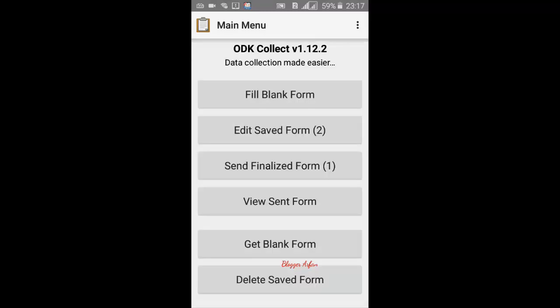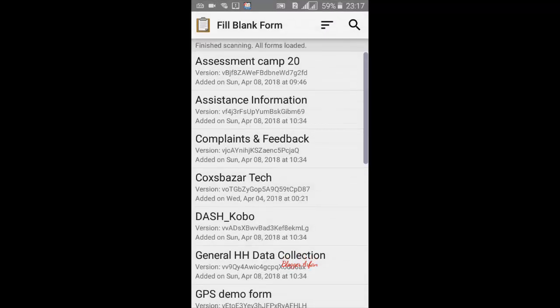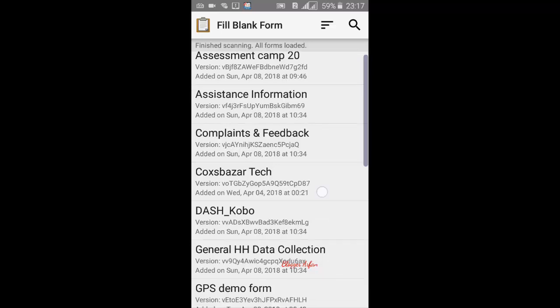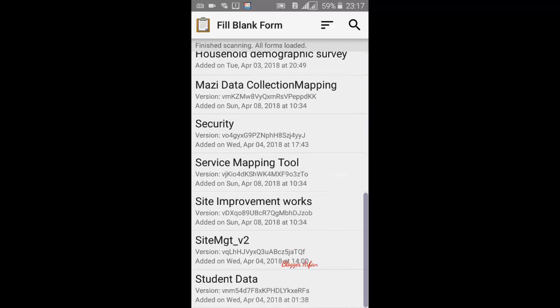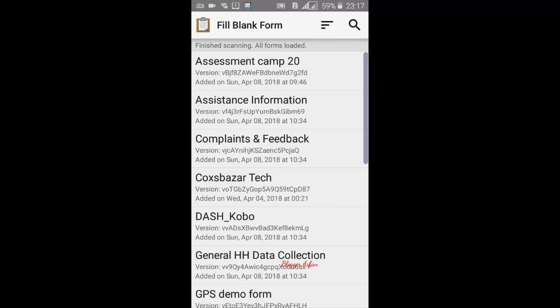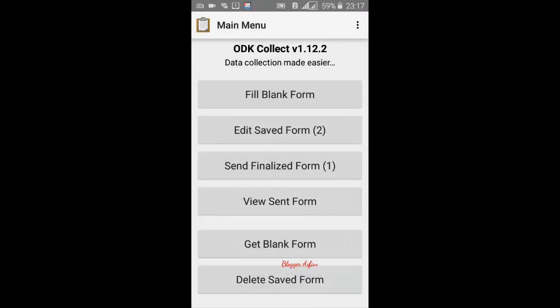And if you want to get updates from your ODK Collect server, then you can Get Blank Form. Otherwise, when you click on Fill Blank Form, you may see lots of forms available here. But if you don't see this, then you can Get Blank Form. But first, before clicking on Get Blank Form, you have to go